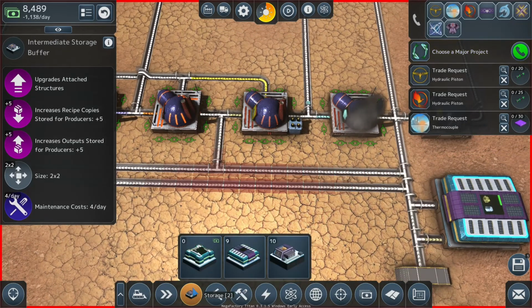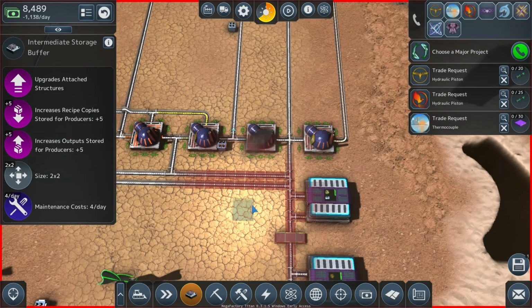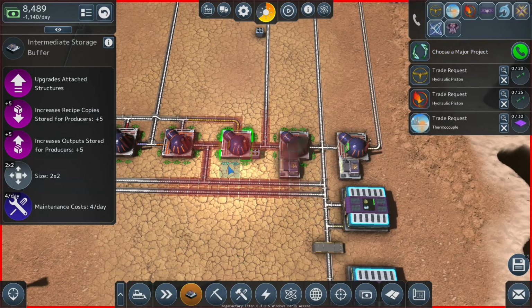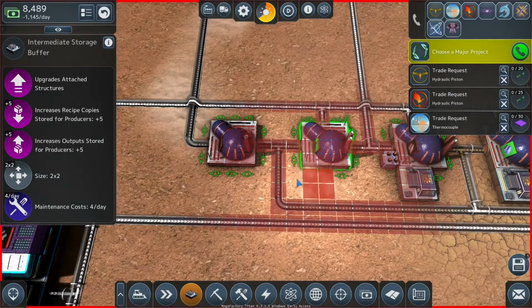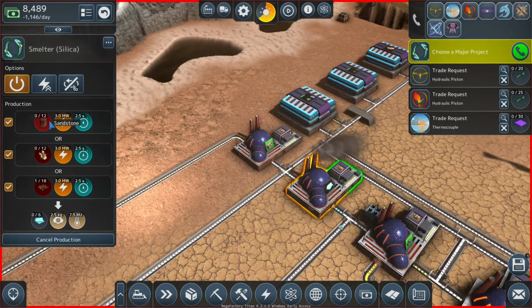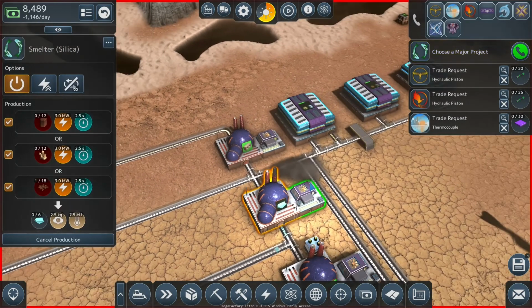We've got 10 of these. I made 10 of them. So just plug them into each building. They just connect to the building. Right there. And what this should do is, look, now we've got 12 sandstone stored here instead of